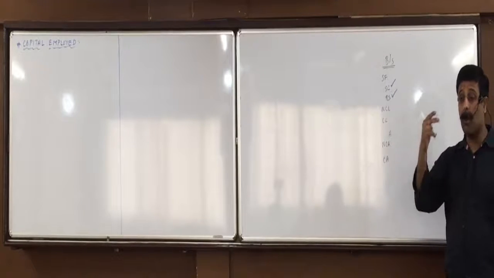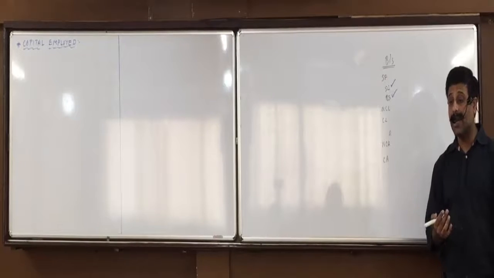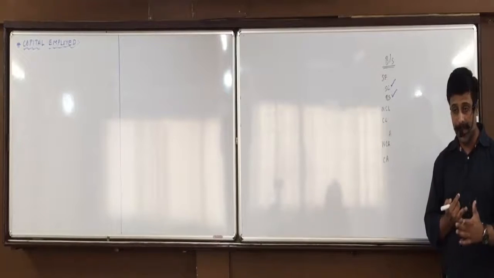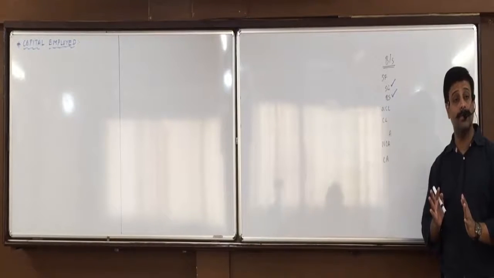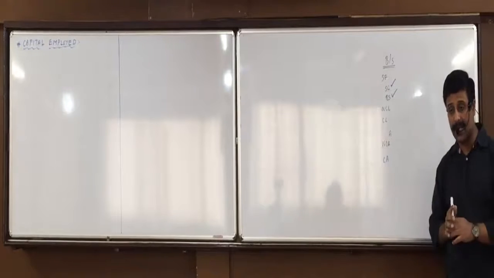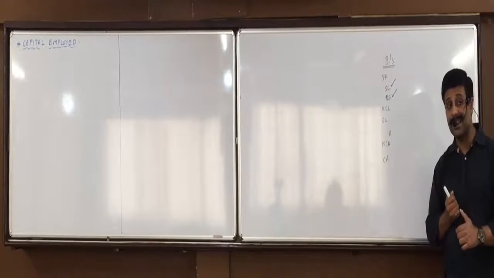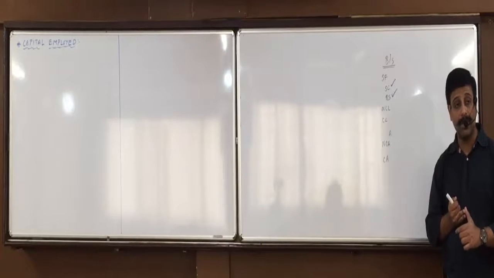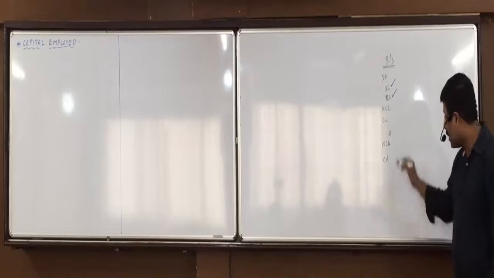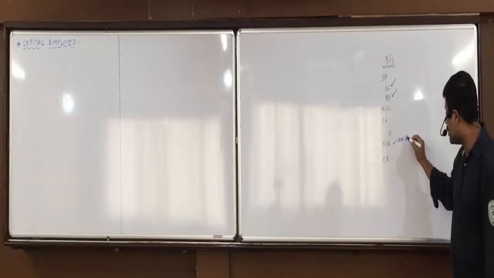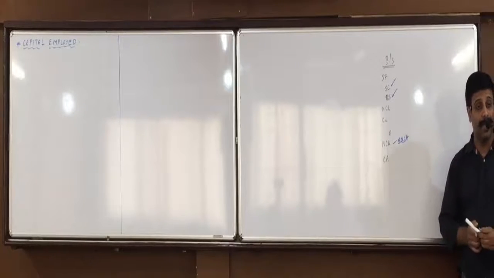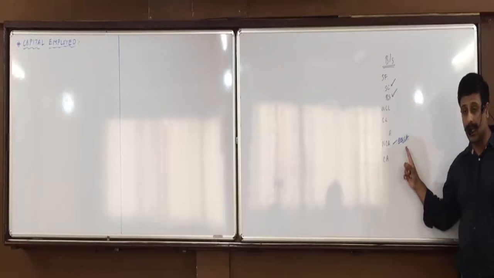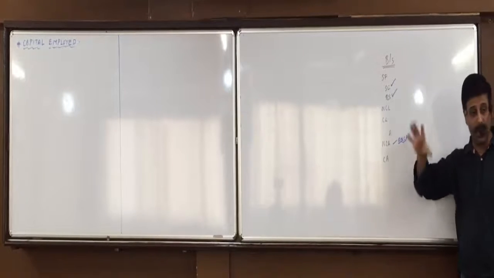Plus, they have to bear any losses like discount on issue of debentures, underwriting commission, preliminary expenses. All these losses have to be borne by shareholders. Where do these items appear in the balance sheet? Debentures discount, underwriting commission, preliminary expenses, registration expenses. They appear in other non-current assets, which we never had up till now. You always used to have it then, that's why you don't remember. But these are the losses which the shareholders have to bear.